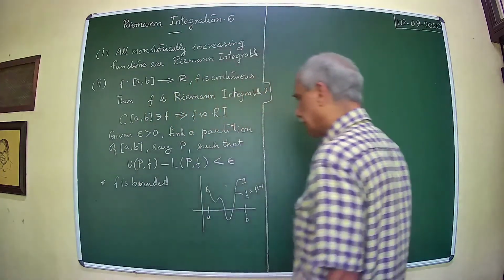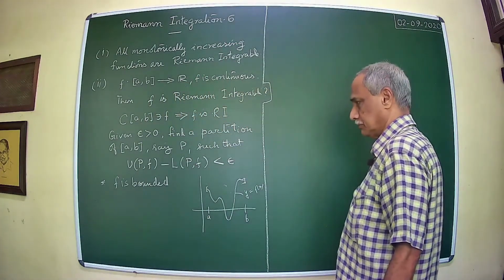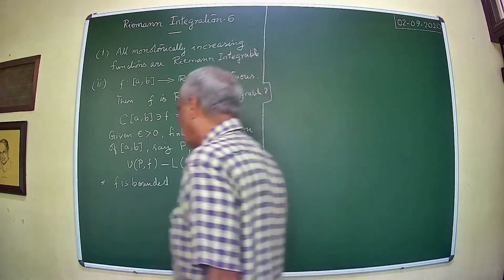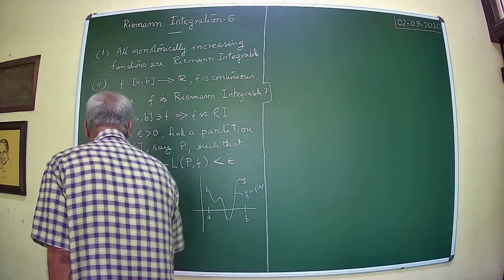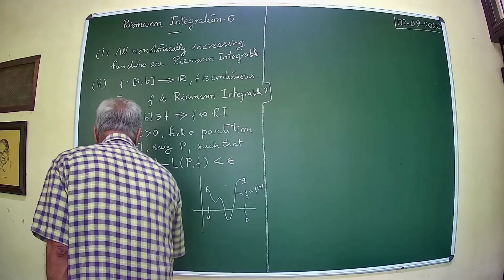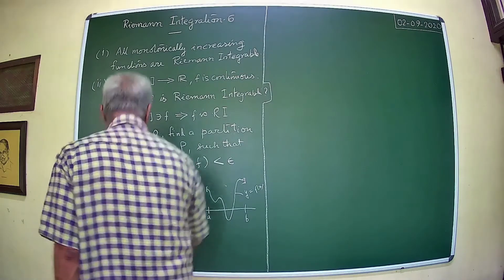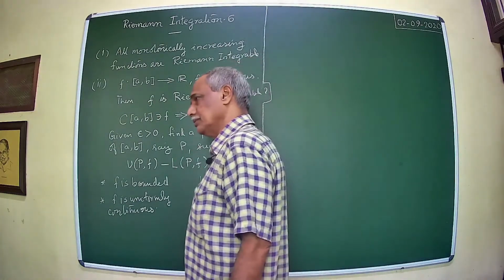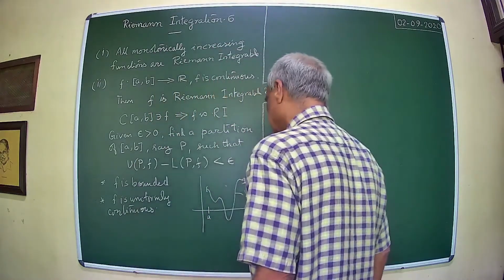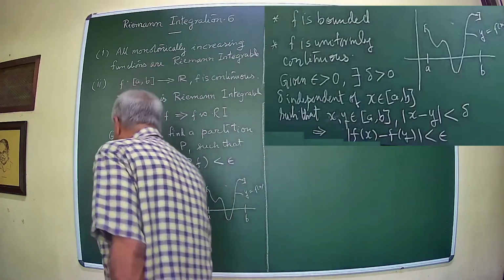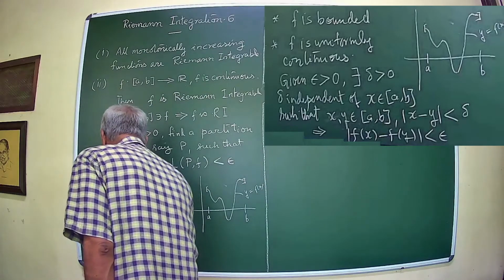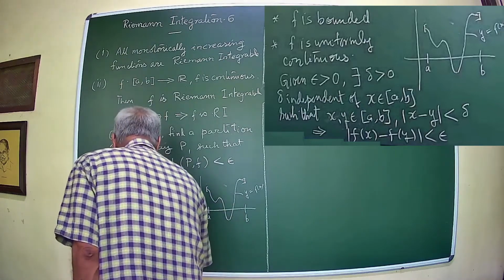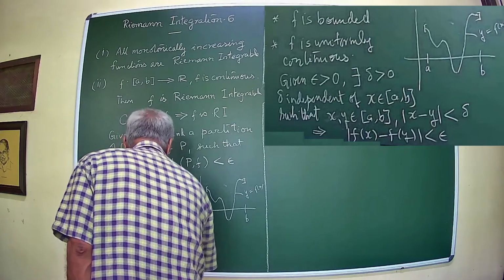The second inference that you make is the following. f is not only continuous, but f is also uniformly continuous, because we are on a closed bounded interval. What is the meaning of this? The implication of this is that given epsilon positive, uniform continuity is a global phenomenon. Epsilon positive, there exists delta positive,